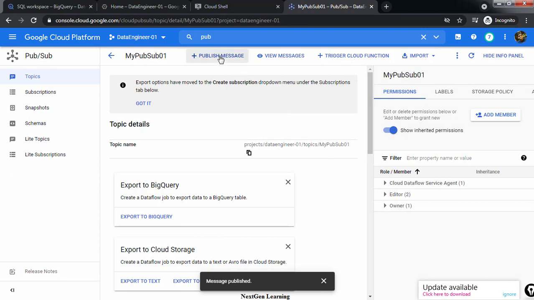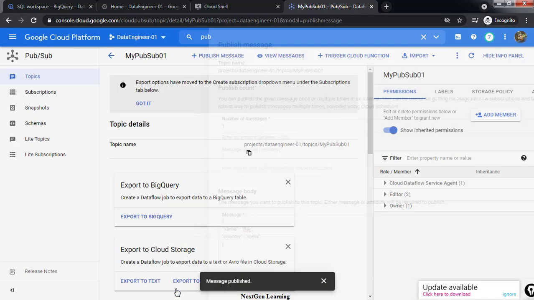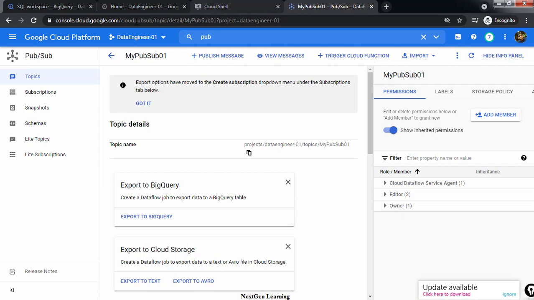Write it, then send. Sorry, I think there is a typo, no problem. And I can send one more message. Okay, so this is the message. You can see the name and country values are Raj and India. Publish. So now we have published these 2 messages in the PubSub topic. As per our logic, the Dataflow job has to fetch these messages and push them into BigQuery.